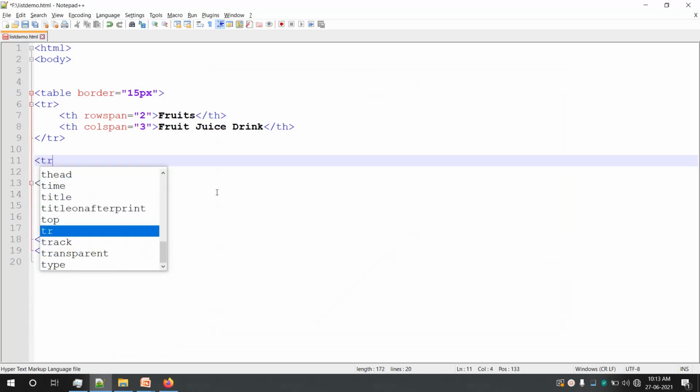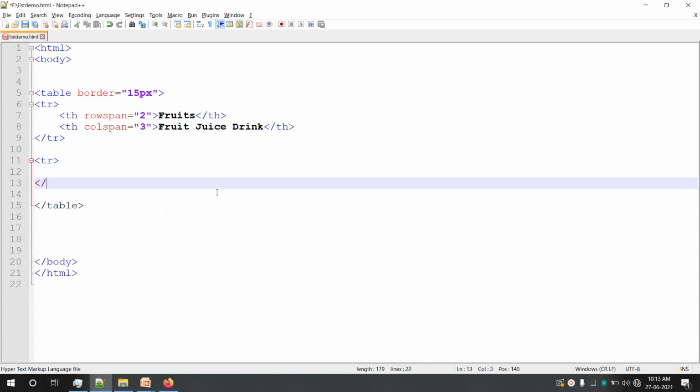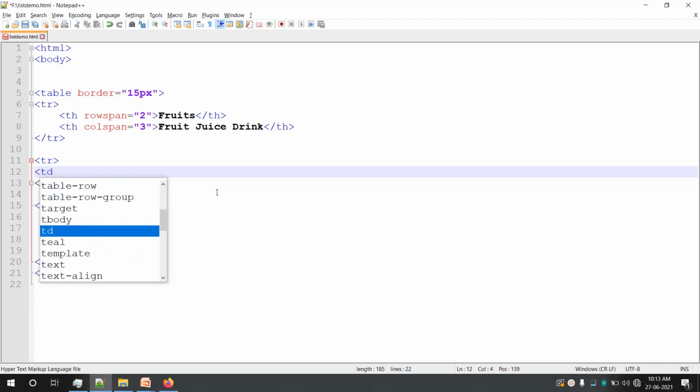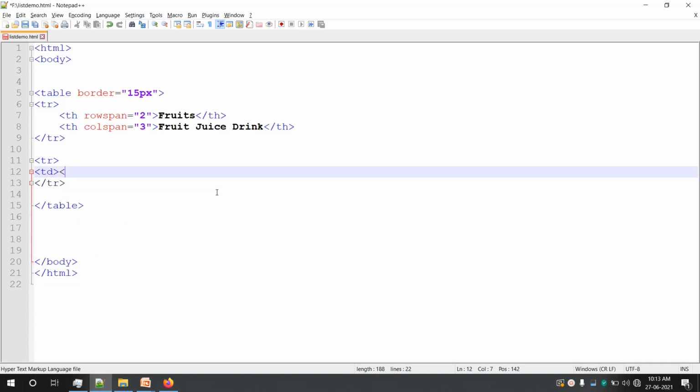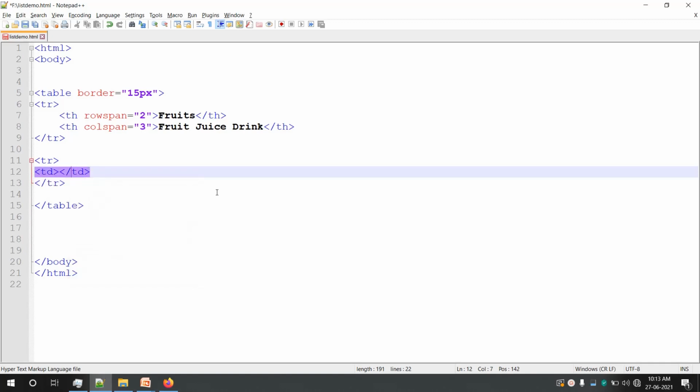It can be created by using TR. So one more TR I have opened and I am closing the TR. Inside this we will be creating table data by using TD. The first TD has the content apple, okay.